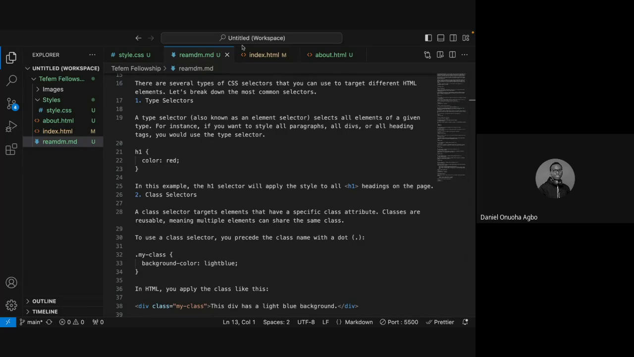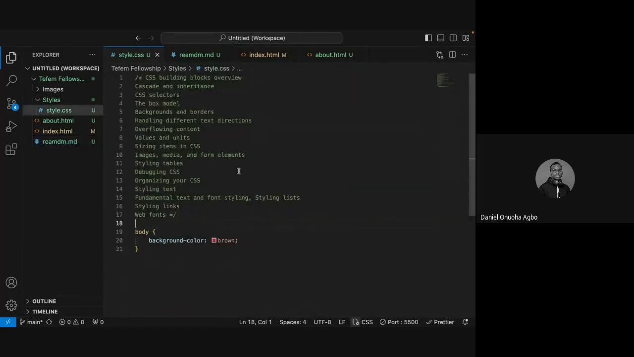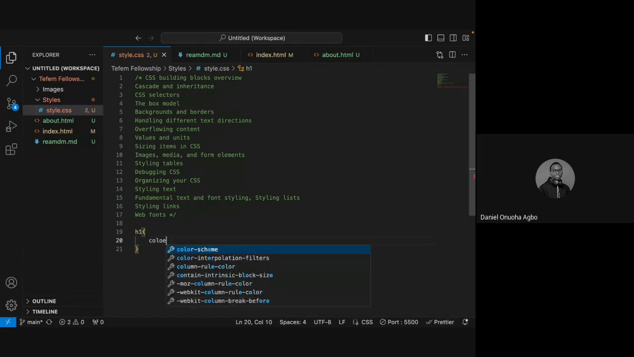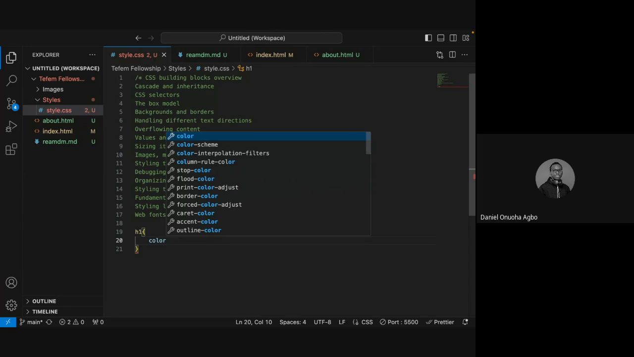Now, if you use the sample we have here in our CSS, this is what we are using to color our background. I'm going to pull it off. So we want to target all the H1 elements we have on our web page. Using this, we say color,